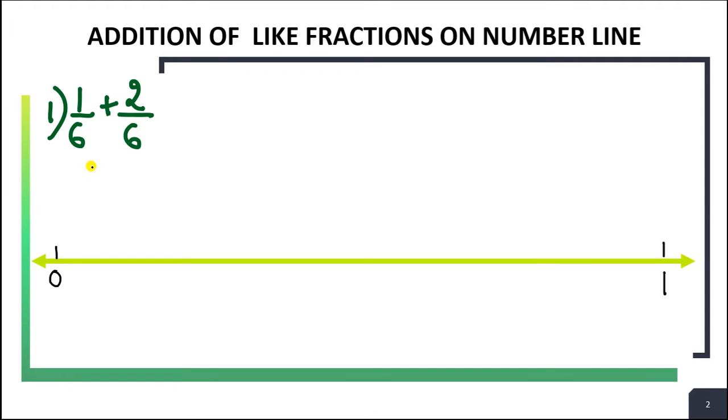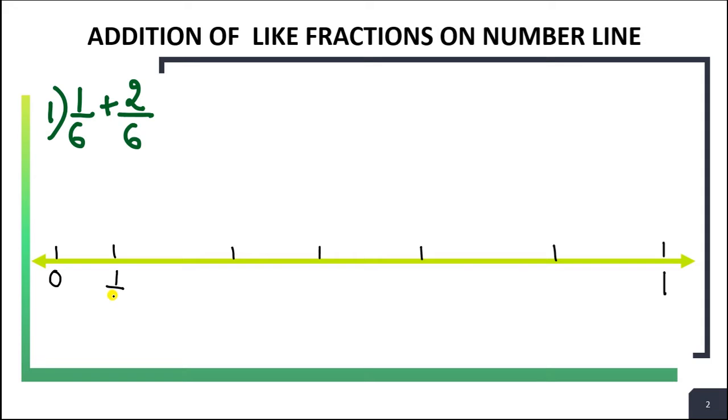Now after this what will we do? You have learned how to represent fractions on a number line. When we need to represent a fraction or many fractions, we divide the number line into intervals of the denominator. So 6 is the denominator. We are going to divide this 0 to 1 into 6 intervals, right? So let us divide this: 1, 2, 3, 4, 5.